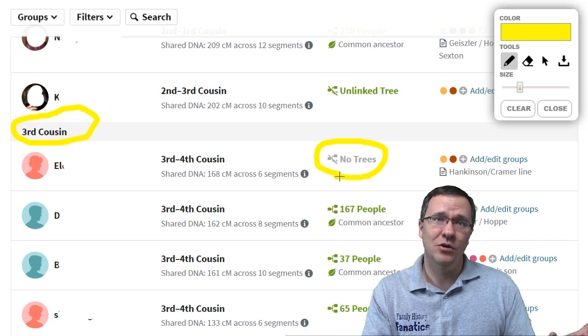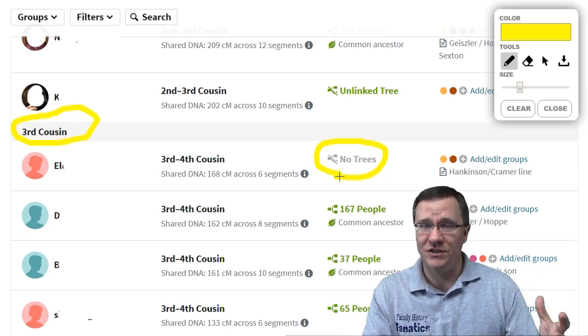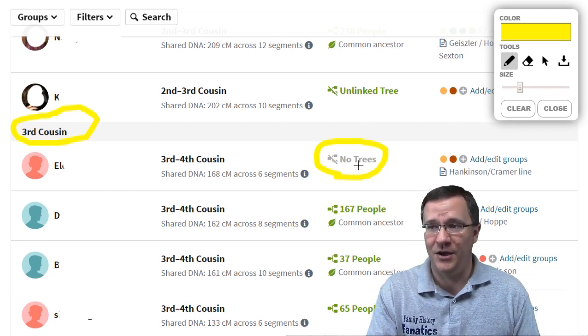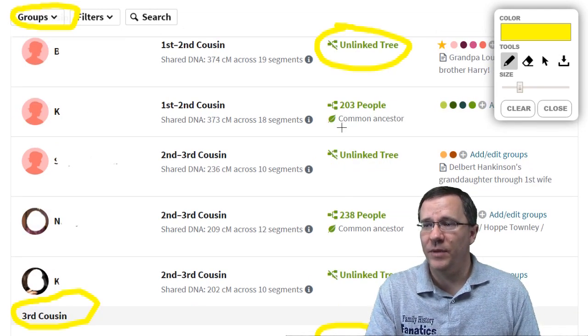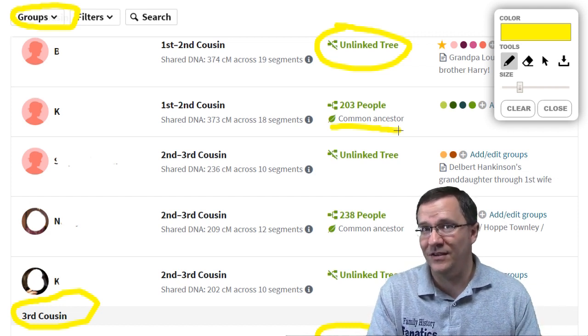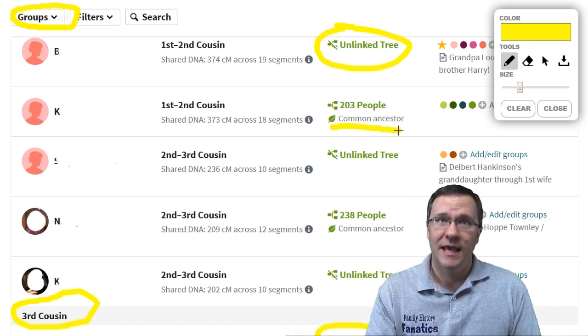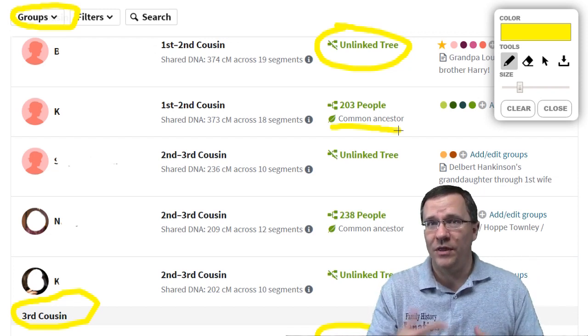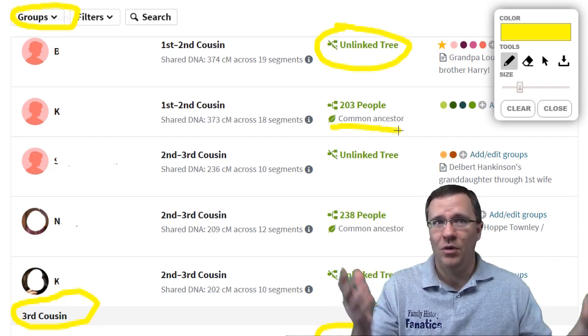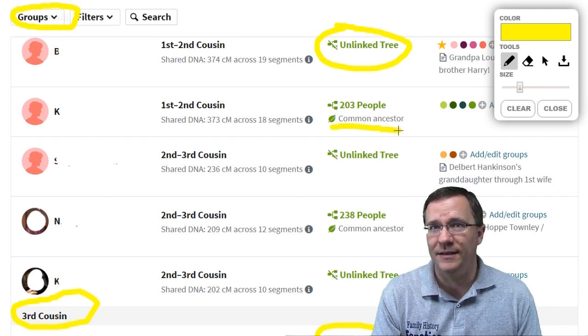This might give you a little clue as to whether or not this person has done some research already and how much about their family ancestry they know. Another bit of information is whether or not there is a common ancestor on that tree. And by knowing whether or not there's a common ancestor, you might already know how you can be connected.